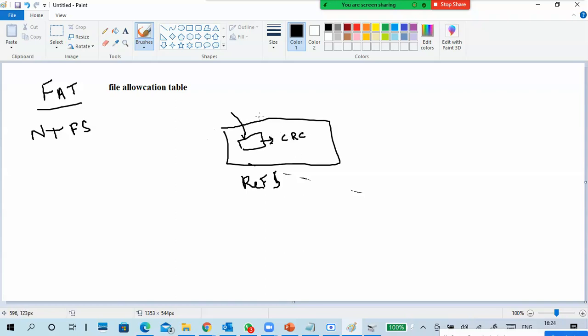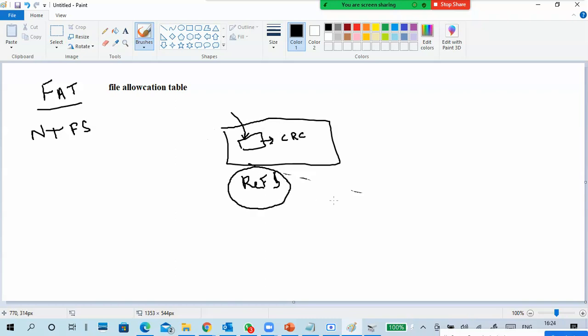So if someone accesses or tries to modify the data, or when you move the data, the data won't get corrupted. It keeps the data from getting corrupted, or keeps it self-repairable. Even if the data is corrupted, we can still regenerate the original data. That is the main advantage of ReFS.